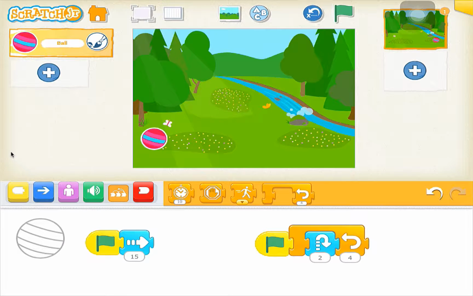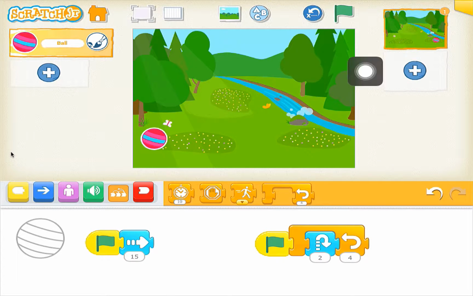Perfect. So notice as it's bouncing, the ball's going forward. It's like someone's kicked it and the ball is bouncing away and going forward. Let's watch that again. 3 and 4. Beautiful. Okay. If it didn't go the right amount, if it went too far, let's say, for example, down here